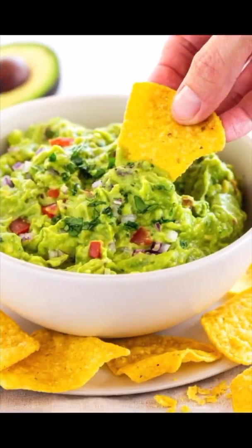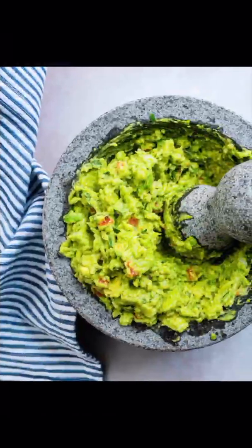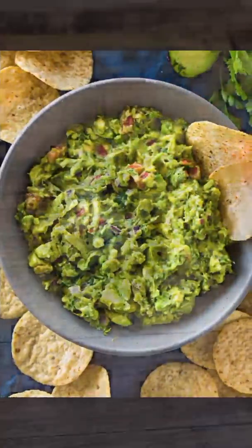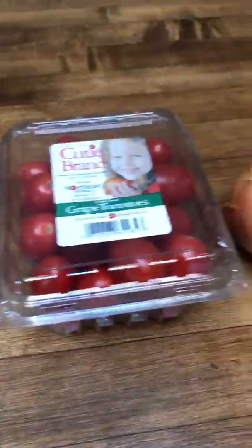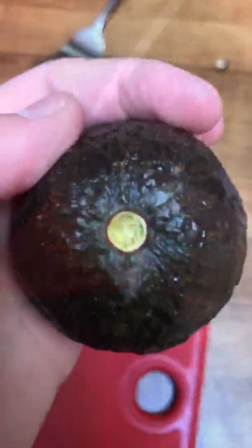So today I'm going to be showing you how to make homemade guacamole, which is an avocado-based dip made in Mexico. For my guac today, I used an avocado, tomato, onion, some lime juice, and seasonings. To tell if your avocado is ready, you can peel back the stem, and if it's green like this, it's